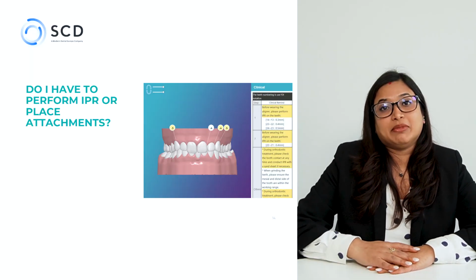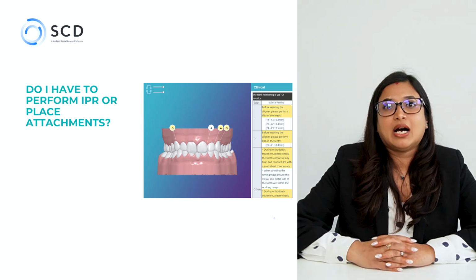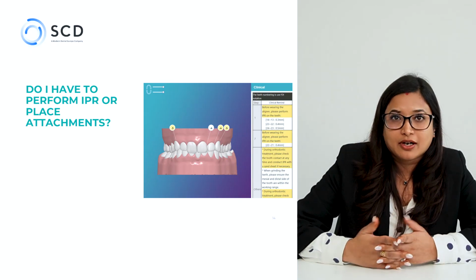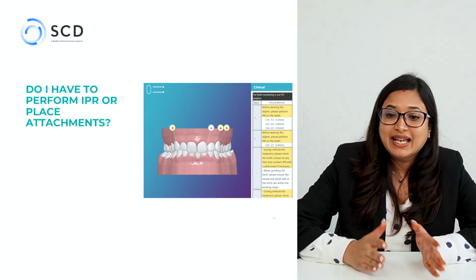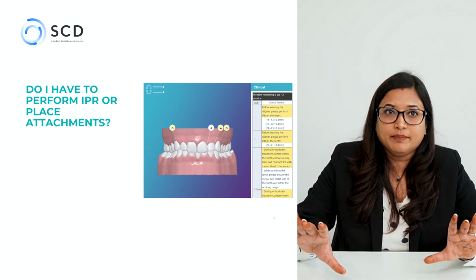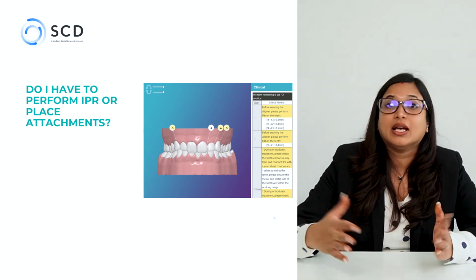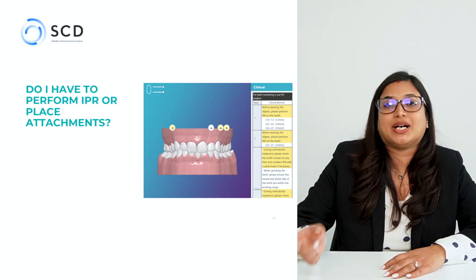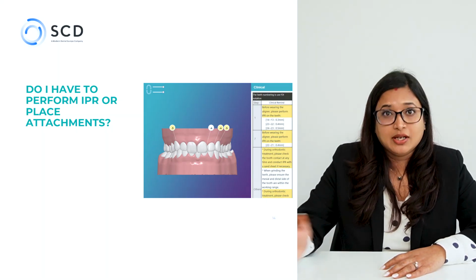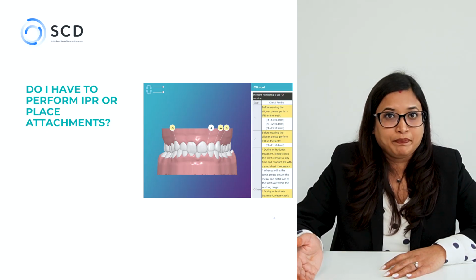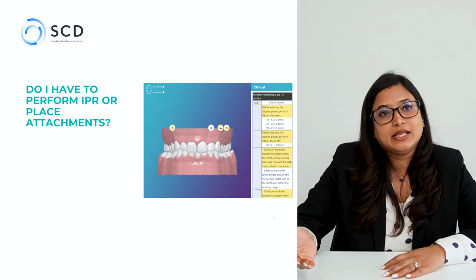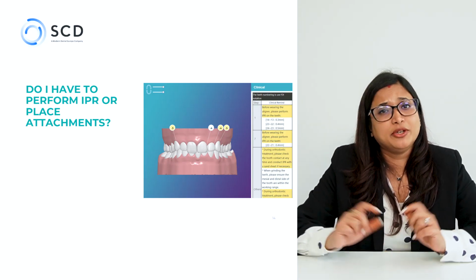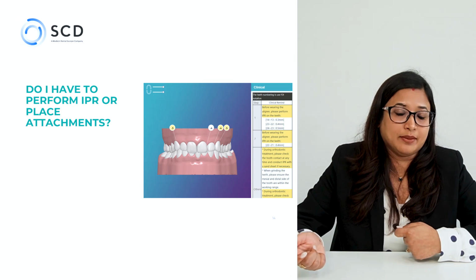So in a particular appointment, another thing that we have to do is IPR and attachments. How do we know whether we do IPR or we place attachments? With each and every case, you'll be provided with a clinical card as well as with a clinical simulation in the iDesign. And from there, you can make out that, okay, in this particular stage, I have to do the IPR on this particular tooth, and the amount of IPR would be this much. And in the same clinical card, it would also be indicated where to place attachments, in which step, and how to place the attachment. You will usually be given an attachment template for that particular step,